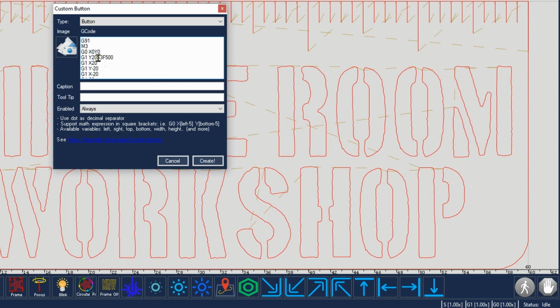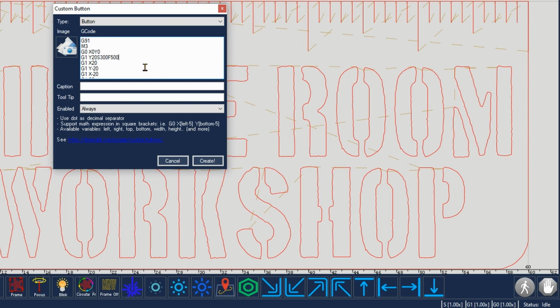And so here you can see next to the G1, Y20, you have the S. Usually next to the S you set the power, and next to the F, the feed rate, you set the speed. And so if I want, for example, a 30% power, that would be 300, and